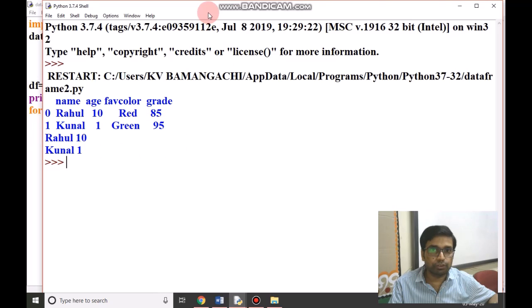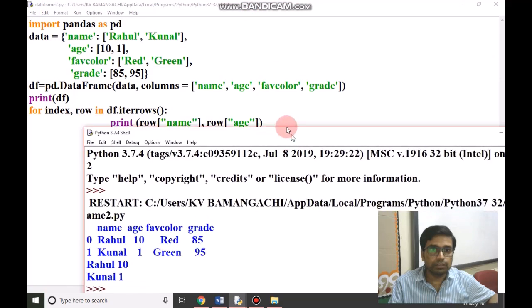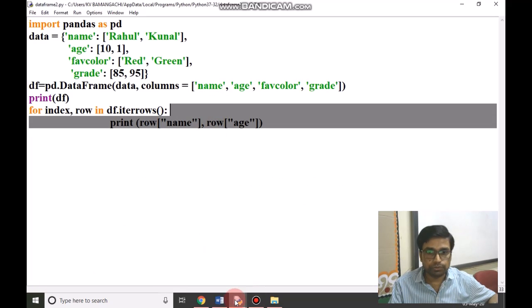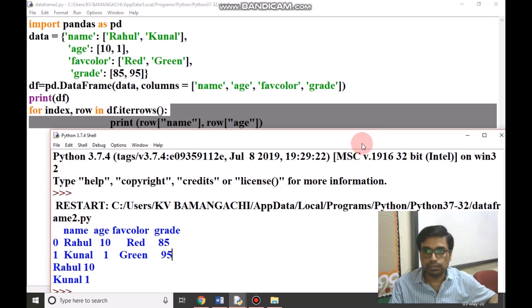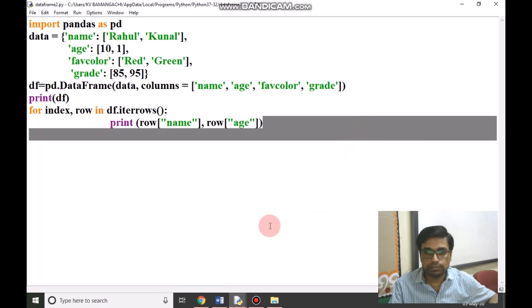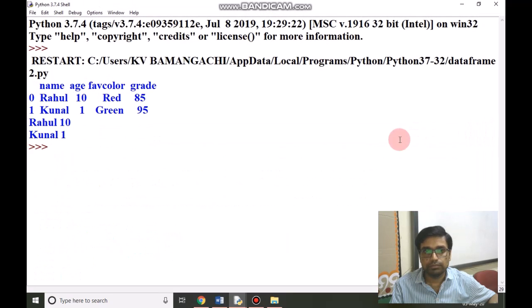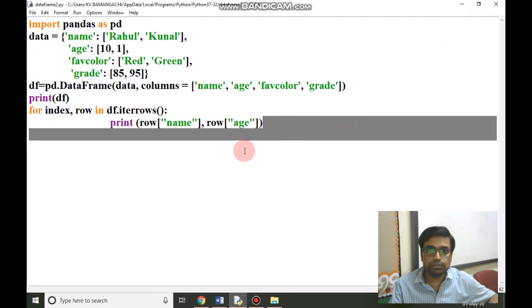When we used the for loop with the help of index and row in df.iterrows(), print row name, row age, we find the answer as Rahul 10, Kunal 1. In this way, we can iterate over our rows.